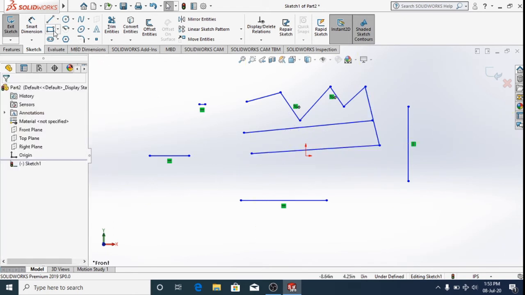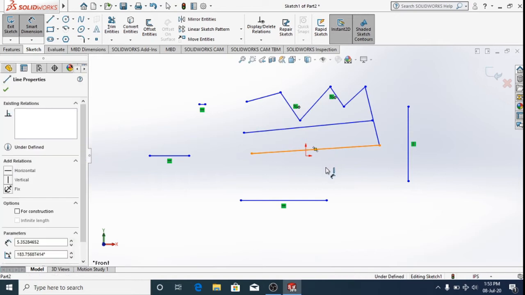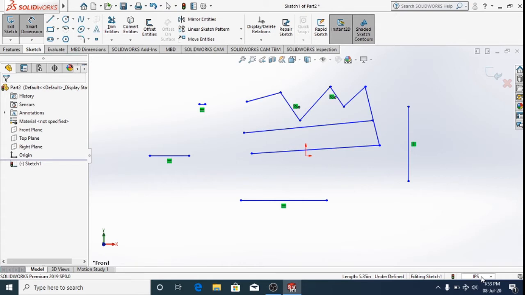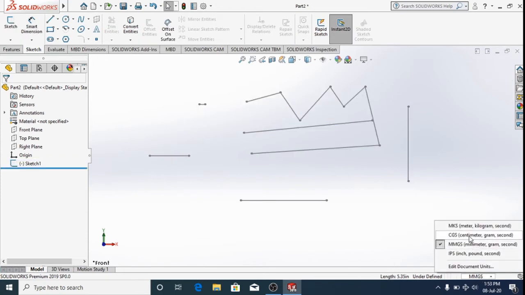And the main feature, the smart dimension, which is really smart compared to other CAD software. We can give the dimensions for this line by clicking on the line. Here we have the dimensioning. This is IPS, inch, pound and second. This is used in the USA and other countries. We generally don't go for this. MMGS is what we actually use, and along with MMGS we have the CGS system and MKS system.